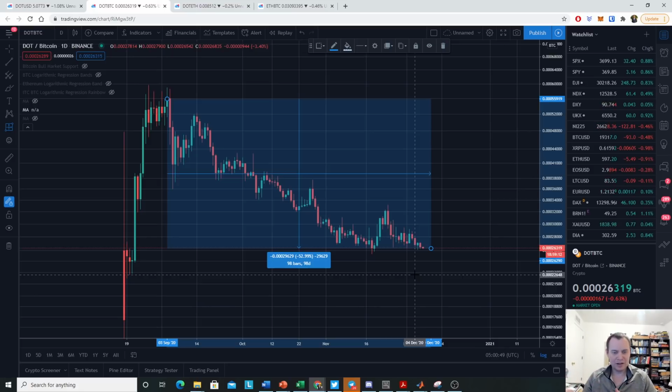Yes, a lot of coins did, but some coins were having mania phases in the summer, and they've bled significantly against Bitcoin during that time period. So to see it down 50% against Bitcoin during the time that Bitcoin was going from 10K up to 20K or 19K or so is not that surprising, right? It's not that surprising to see something like that. However, we will want to see this turn around at some point.